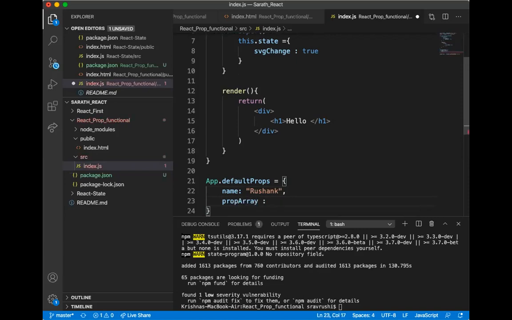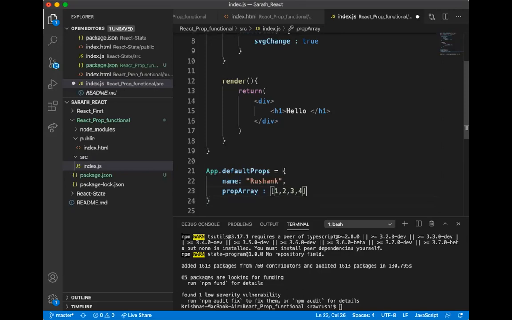This is just an object which has keys, and inside this I am going to use several things like 1, 2, 3. I am going to give one string as well as an array, and also pass some bool value.